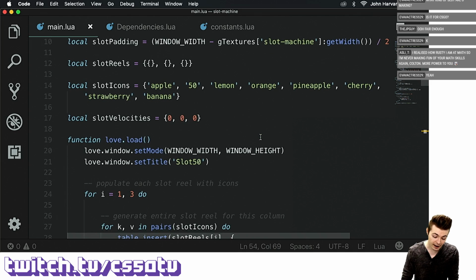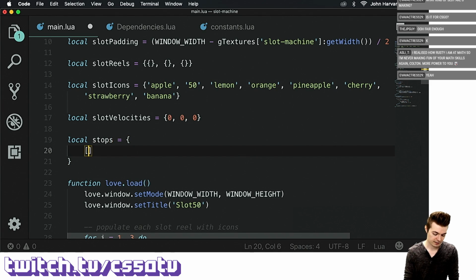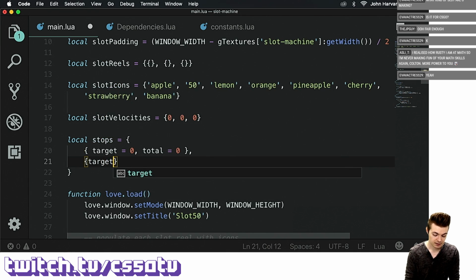So we'll do that. The way that I ended up wanting to do this is having a, what did I call it? I called it stops, yeah. So I have a set of notes here. I haven't really been using it too much, mostly for those constants that I pulled up earlier. But here I have a stops table, which is going to be a table that maps to each individual reel as well. And what I can say is each stop will have a target and a total. And what this is going to mean is basically every time we stop our reel, it's going to keep track